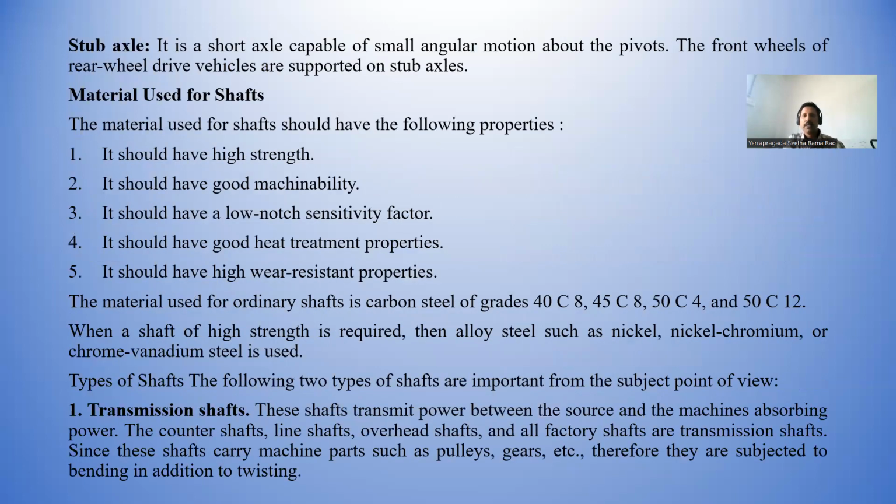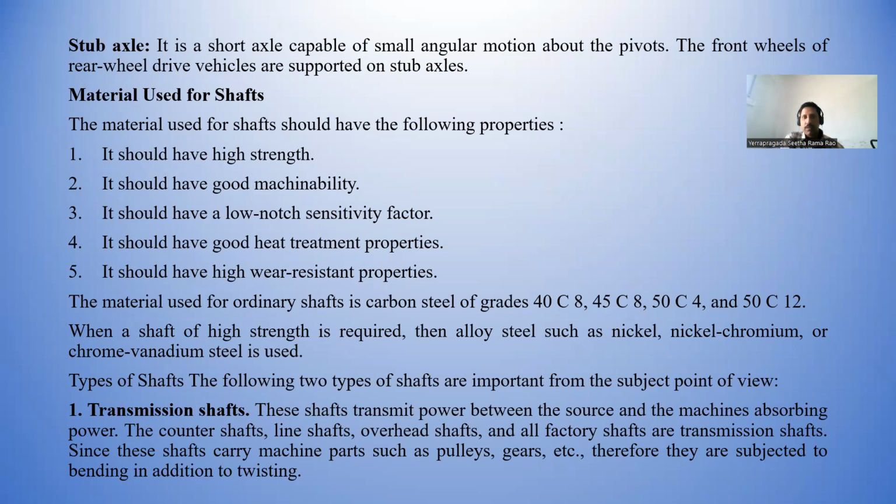And what kind of material do we use for the shafts? The material that we use for the shaft has to possess certain properties. It should have high strength, meaning the shaft is able to withstand the various loads acting on the pulleys mounted on the shafts. Gears may be mounted, pulleys may be mounted, sprockets may be mounted. To withstand these loads, the shaft material must have high strength